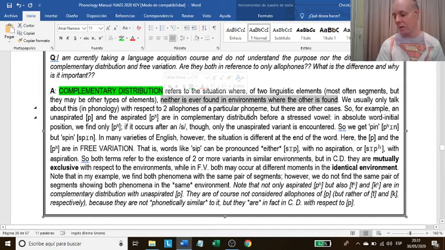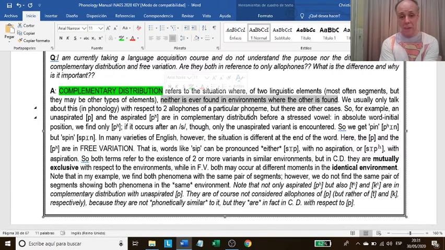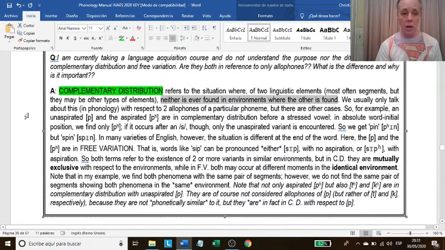It talks about Mr. Jekyll and Dr. Hyde, Batman and Bruce Wayne, etc. Okay. So there are two elements, and this element is never found in the environment where this element occurs, and vice versa. We usually only talk about this in phonology with respect to two allophones of a particular phoneme, but there are other cases. So, for example,